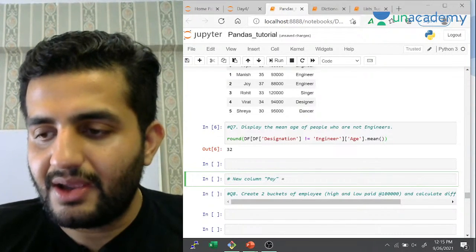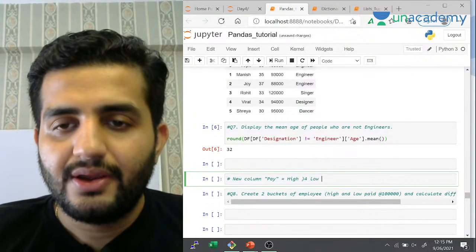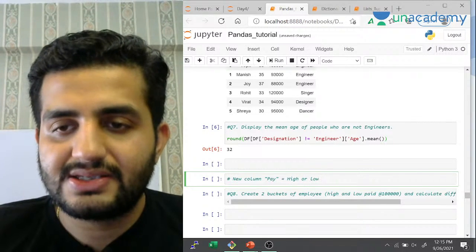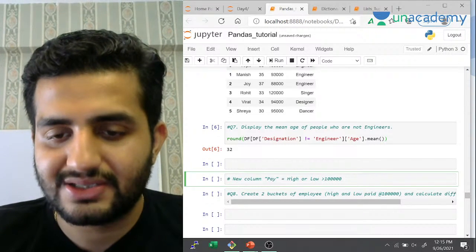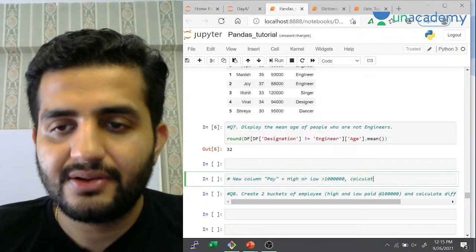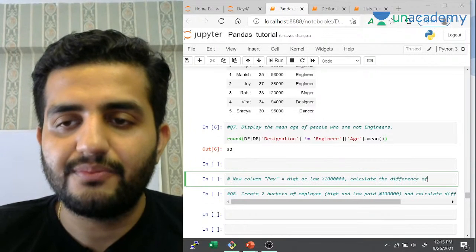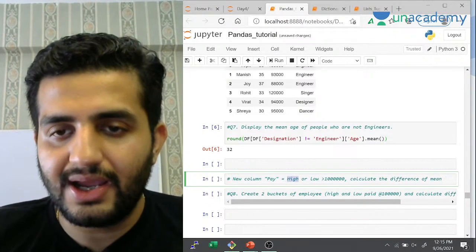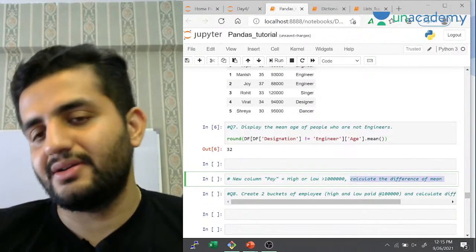In this you have to give high or low if my salary is greater than 100,000, based on this criteria. And then on top of this you have to calculate the difference of mean. Basically, the mean salary of high and the mean salary of low, you have to calculate the difference of these means of your salaries.